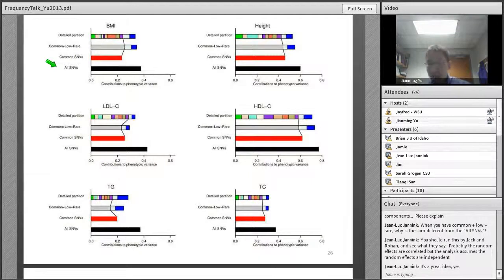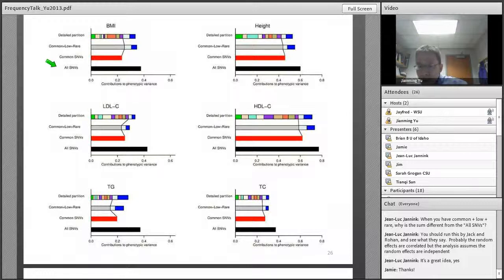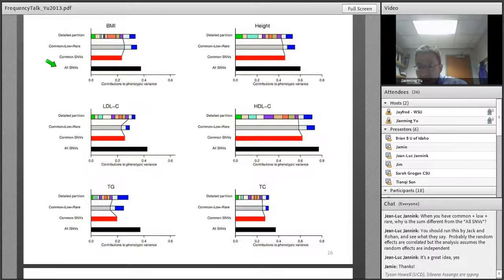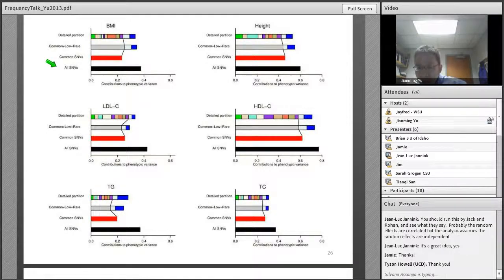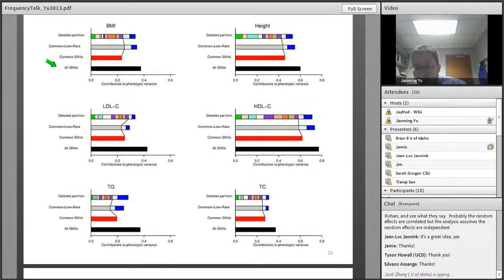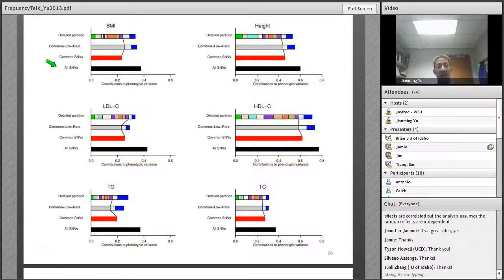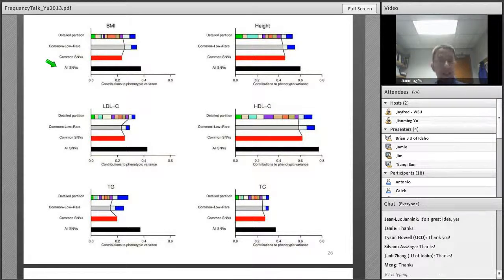Yeah. I don't know if you have another question, but Jean-Luc said you mentioned this, but maybe more details: calculate multiple relationship matrices with loci from different microarrays, then fit multiple. Yes, I think that interpretation is correct. Yeah, I'm still staying on these slides. It's actually interesting that if you fit all this